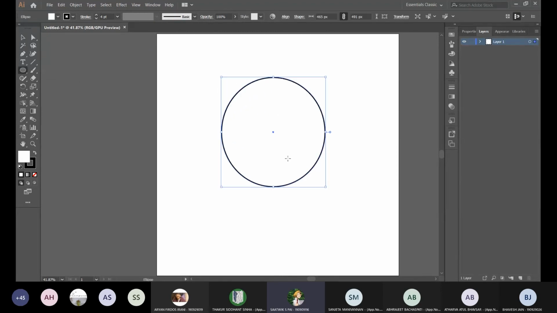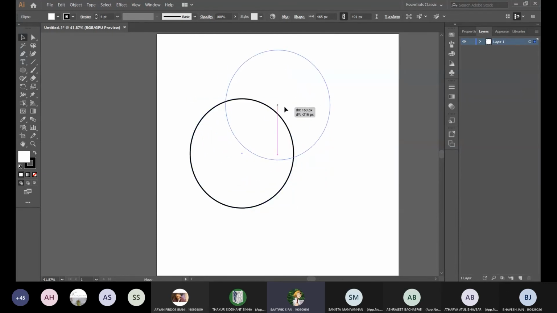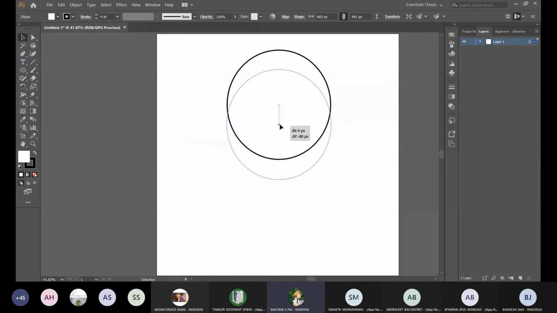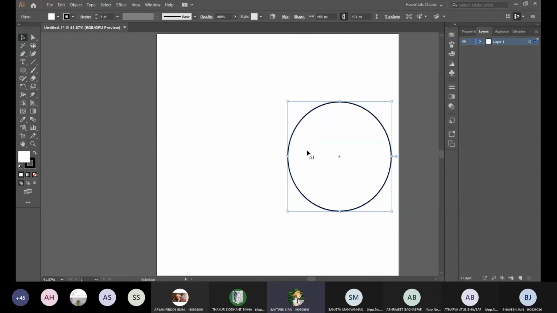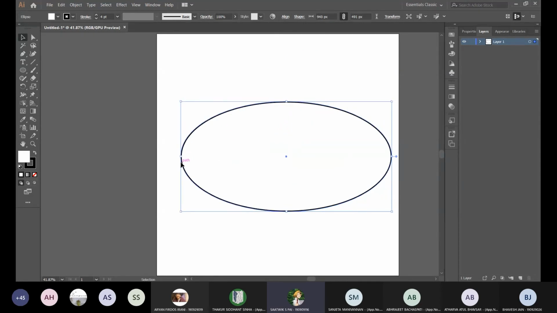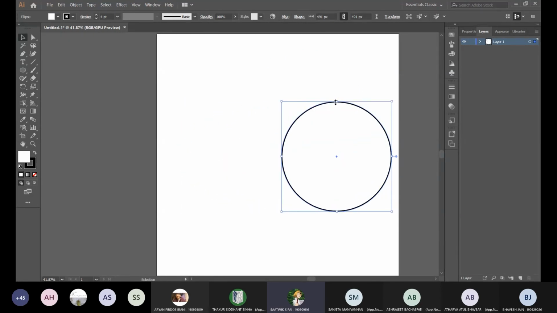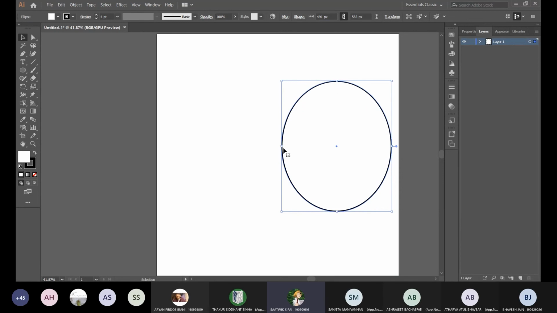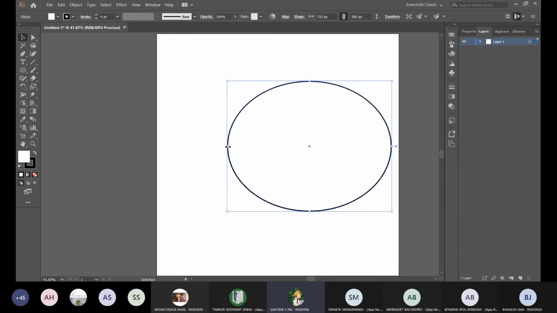You make something, you can use the selection tool to move it around like this, or you can even elongate it, change the dimensions of it. It's the basic tool for basic purposes.